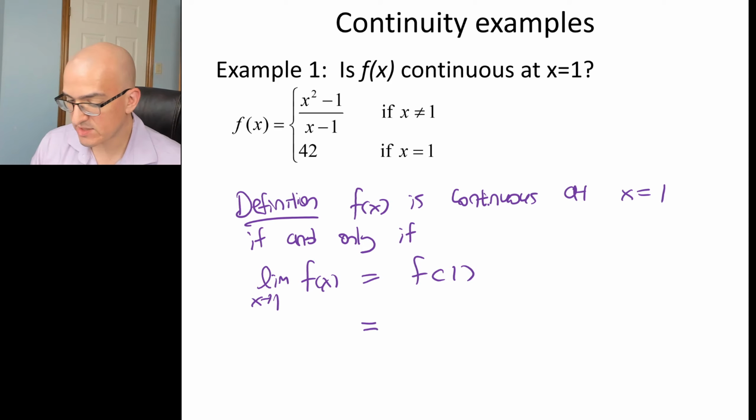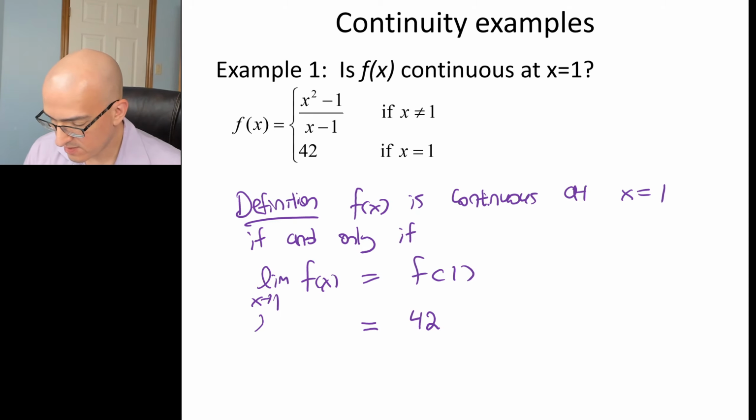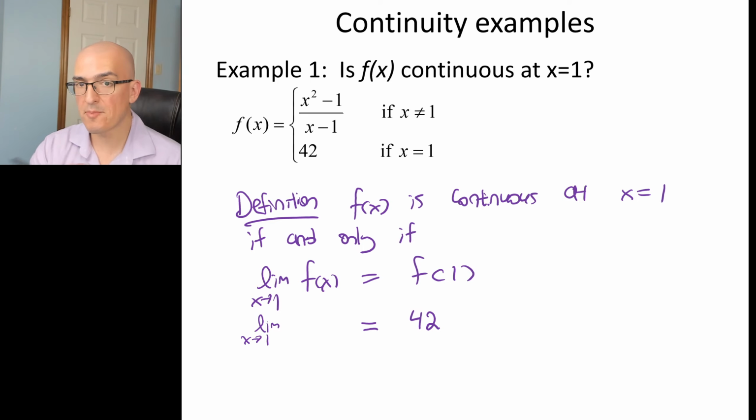F of 1 is the easiest one. This piecewise function says that if x is equal to exactly 1, then the y value is going to be exactly 42. Now the limit is a little bit harder. That's the limit as x approaches 1. A limit means we're not plugging 1 in, we're almost plugging 1 in. So it's like plugging in 0.99 or plugging in 1.001. 0.99 is not equal to 1. 1.001 is not equal to 1, so those get plugged into the top part of this piecewise function,